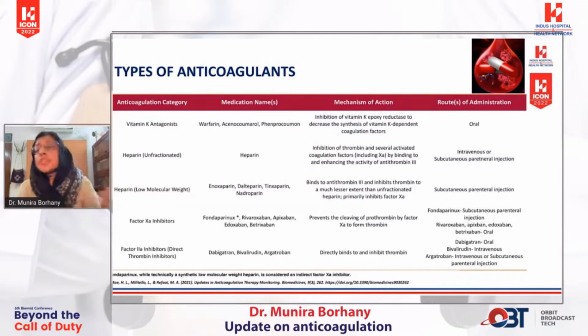और रूट ऑफ एडमिनिस्ट्रेशन ओरल है। अगर हम अनफ्रैक्शनेटेड हेपरिन की बात करें तो वो इंट्रावेनसली या सबकुटेनियसली दिया जाता है, और एक्टिविटी ऑफ थ्रोम्बिन को इनहिबिट करता है, लेकिन इसके अलावा एंटी थ्रोम्बिन 3 को भी इनहिबिट करता है। लो मॉलिक्यूलर वेट हेपरिन, जिसको हम मोस्ट कॉमनली एनॉक्सापेरिन के नाम से यूज करते हैं, वो एंटी थ्रोम्बिन से बाइंड करता है, लेकिन प्राइमरीली फैक्टर 10A को इनहिबिट कर देता है। वो सबकुटेनियसली और पैरेंटरल फॉर्म में भी यूज हो सकता है।